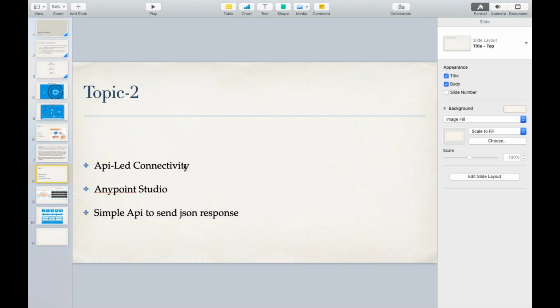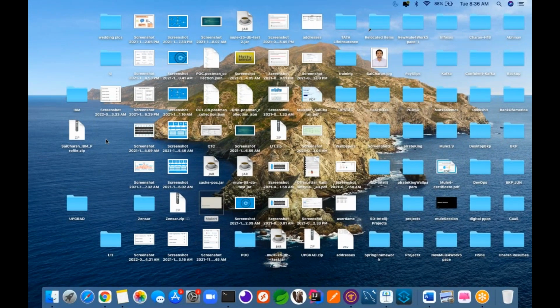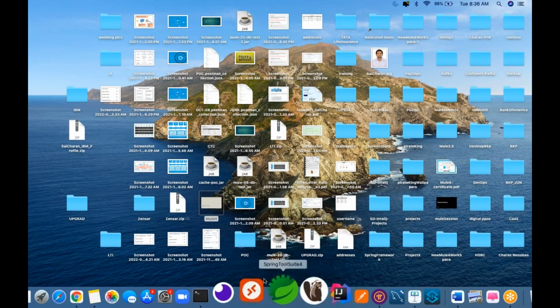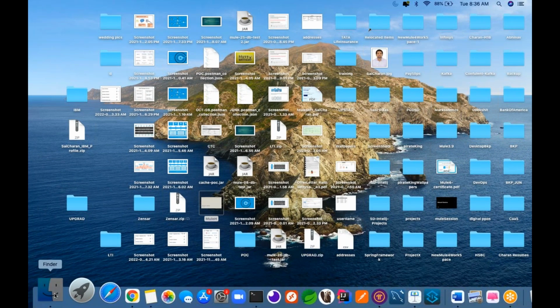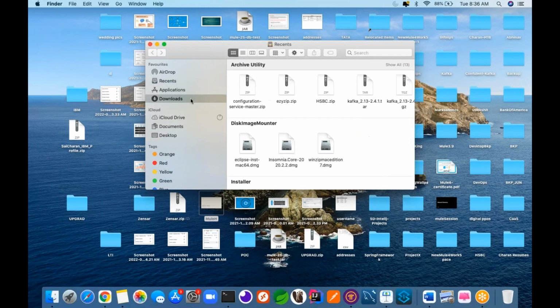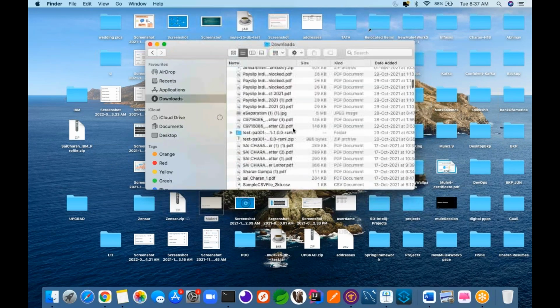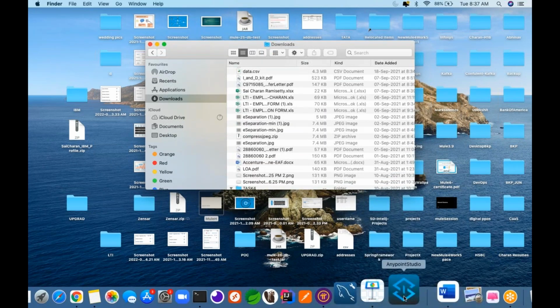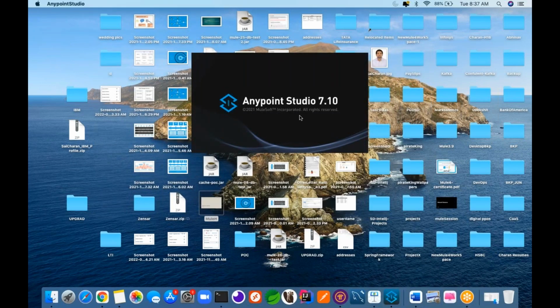How many connectors are you going to cover? Yeah, I have that presentation as well. Let me open the studio and connect it back to show you.